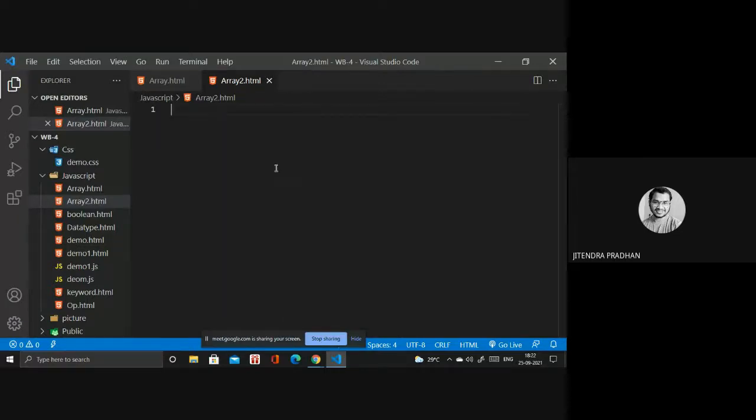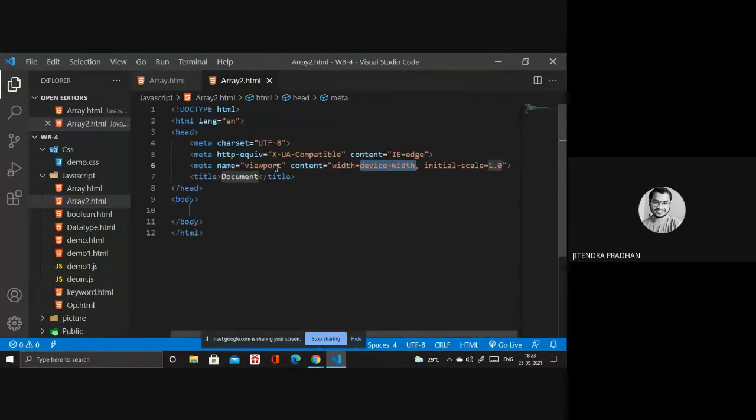So if you want to read the value with the property as well, at that time we are using for of and for in. Basically, for in, we are using to read all the properties from the array. Like what are the properties we have in that, you can read by using for in. If you want to read the value as well, at that time we are using for of. Okay, I will write it in a comment, so you get an idea about that. So this one is array two.